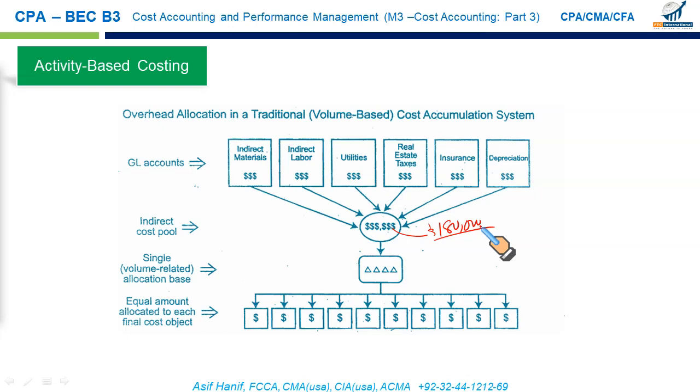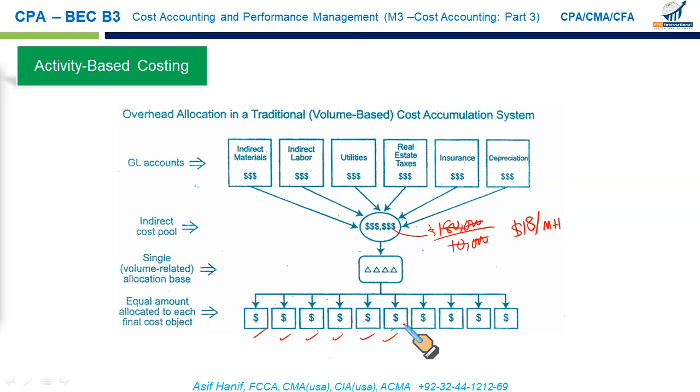Let's say we were expecting 10,000 machine hours in the coming period with an estimated overhead of 180,000 variable and fixed combined. This gives us a rate of $18 per machine hour.